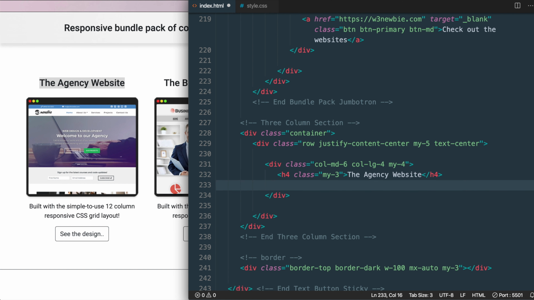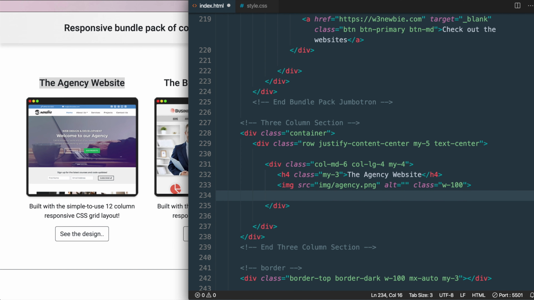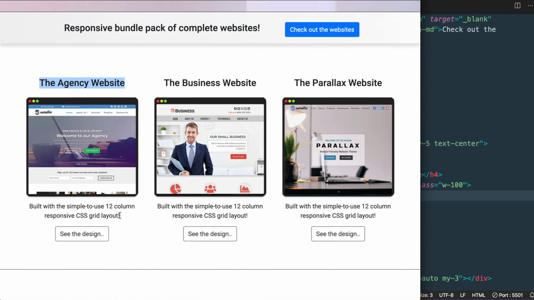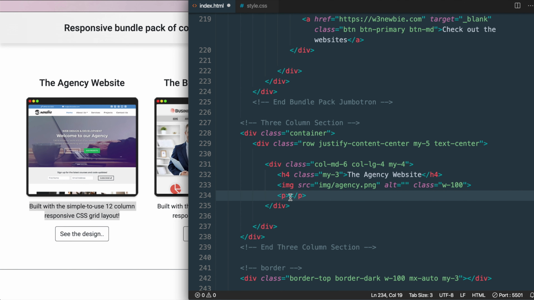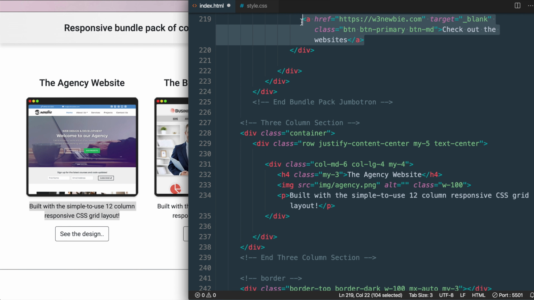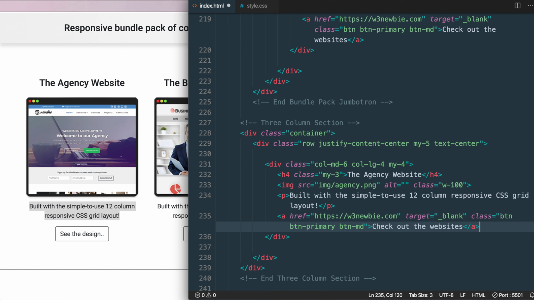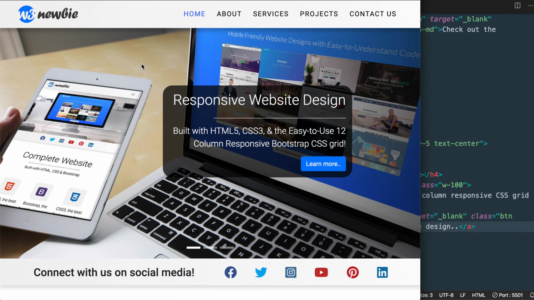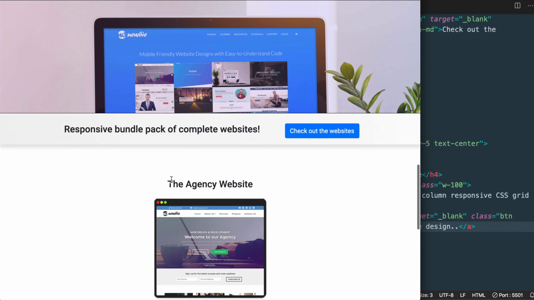Then for the image underneath that, we'll use the w-100 class. And the image source is img/agency.png. Now we can add the paragraph text underneath that. So I'll add the p tag and I'm going to copy the paragraph text here and paste that in. Then for the button underneath, what we can do is just take the button from the section above and change that to see the design. And we'll need to change the button class from primary to outline-dark. So now scrolling down, we'll have the first column of the 3-column section laid out, as we see here with